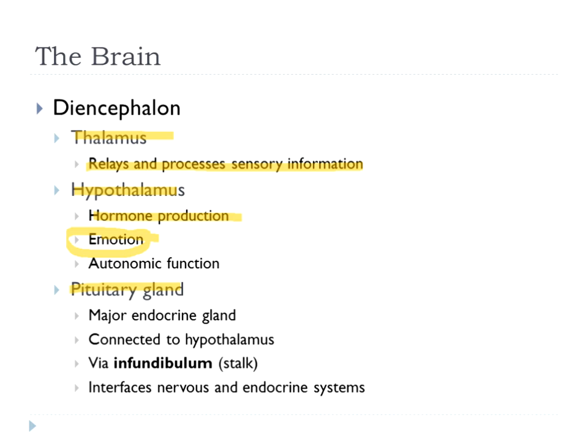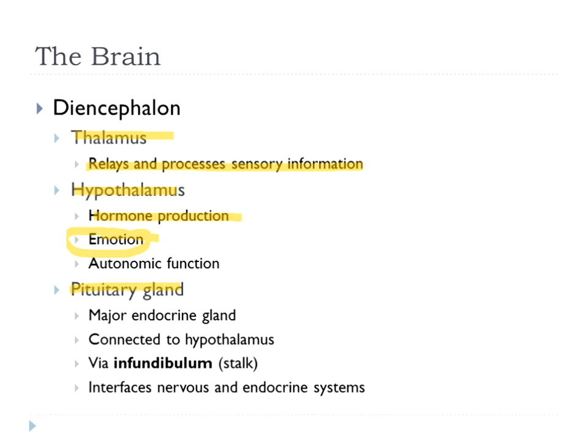Because it has an effect on how much of the hormones are released by the pituitary gland, the hypothalamus is also believed to have a role in emotion. So emotion and feelings, there's a different portion of your brain that's more concerned with that, but we do believe that it has a role to play in some of that because it has so much effect over the pituitary gland, the master endocrine gland, on what type of hormones are released.